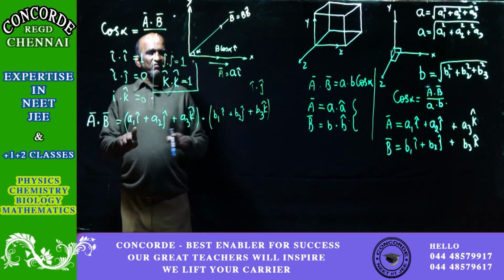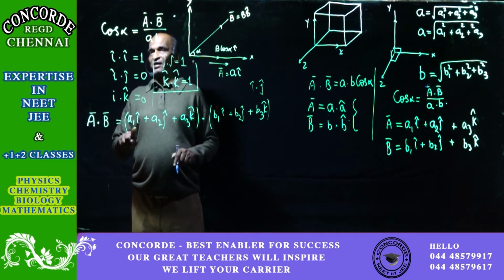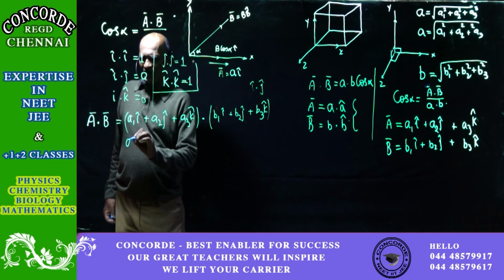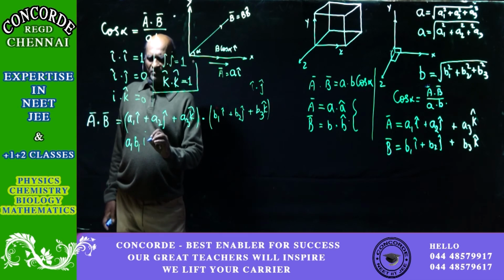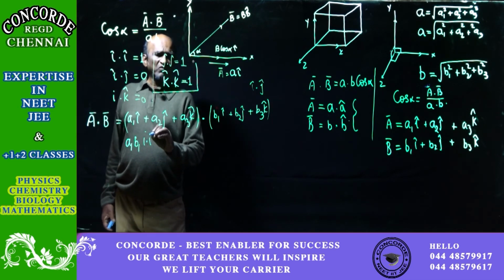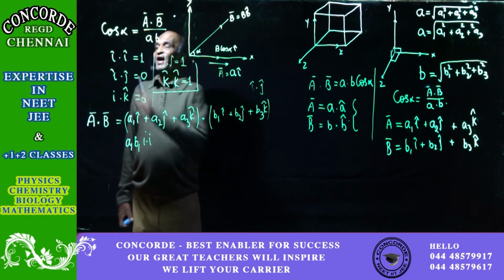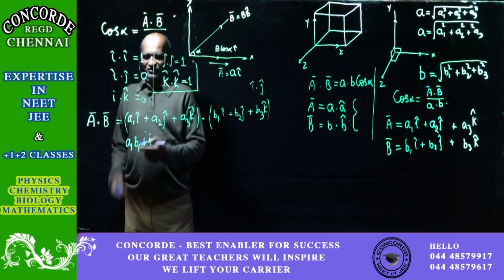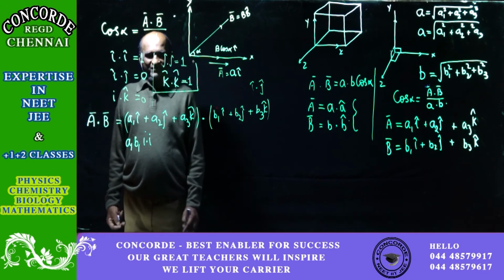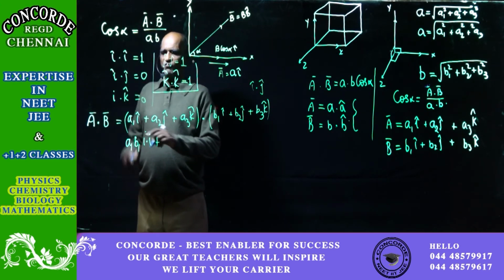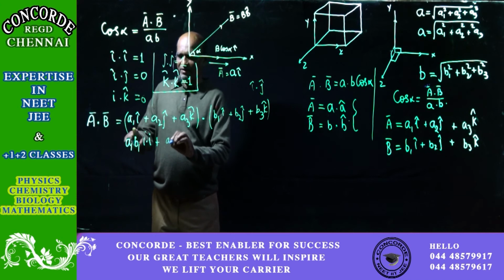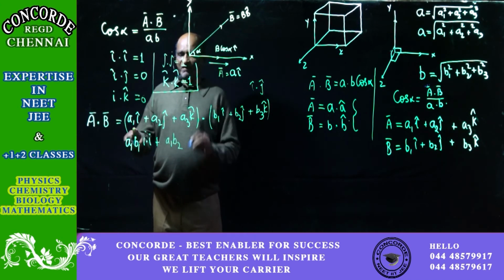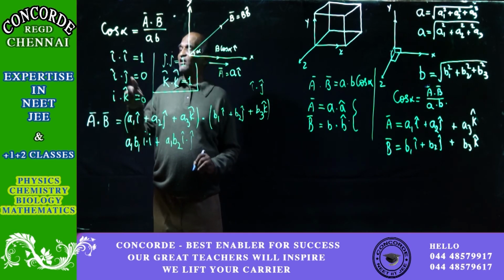So A1 i then multiply B1 i. So it is going to be A1 B1, i from A1, i from B1, so you will get i dot i. Now, i dot i is equal to 1. This whole thing becomes 1. So that is why the result is a scalar product. And like that, now A1 i, this is over. Take the second term. So A1 B2, then it is i cap dot j cap. And see here, i dot j is equal to 0.